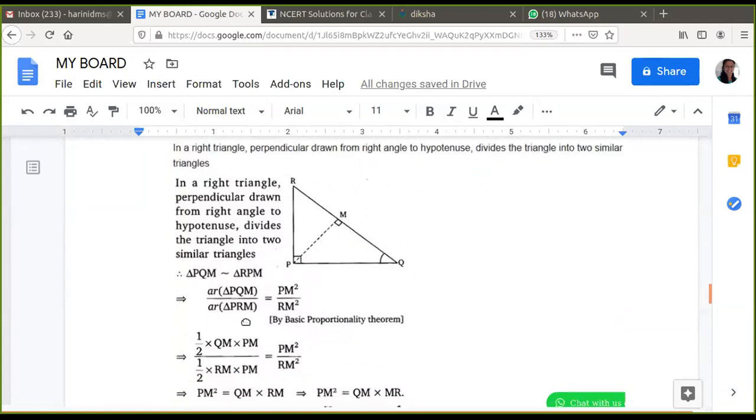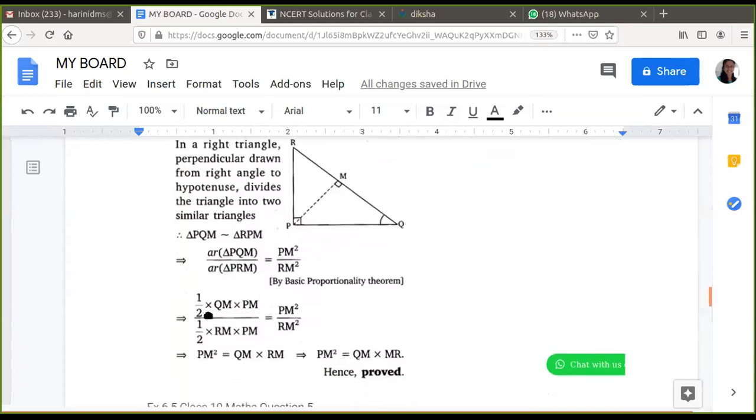Okay. So then after that, the second step is what I was trying to tell. Now I'm going to substitute the areas of these triangles using the base and the perpendicular because I already have these perpendiculars here, because one of the sides itself will become the perpendicular since both of them are right triangles. So when I say area of PQM, I concentrate on PQM. I think I can show you which triangle I'm trying to take.